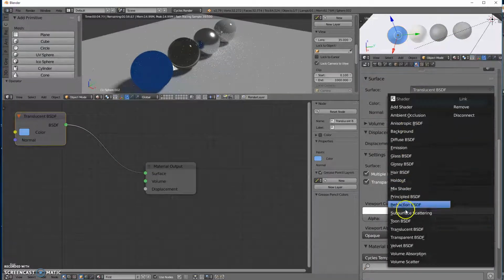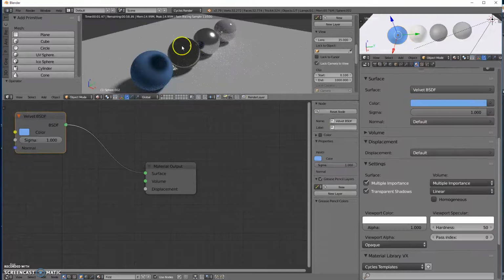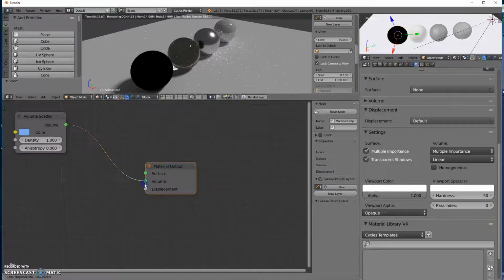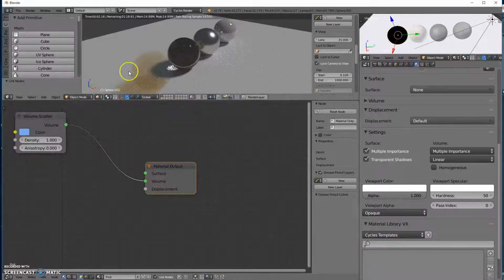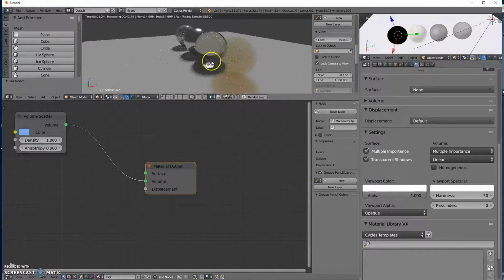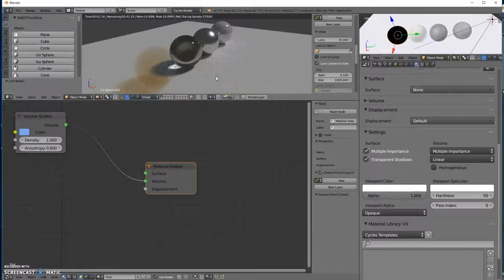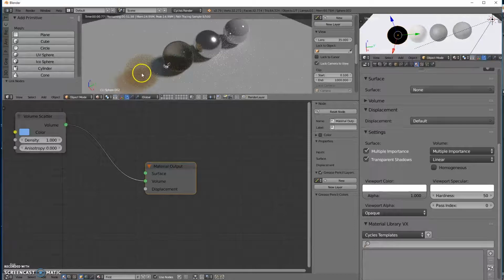And there's also a velvet one. I've never really played around with that, but just trying to mimic a little bit how some different materials work. Volume absorption and volume scatter are going to do different things, and when you use those, you usually want to plug in to the volume channel, and there you can see you got a little clouded object that's supposed to represent a volume material. So those will all work a little bit different, and part of that is going in and just working on creating different